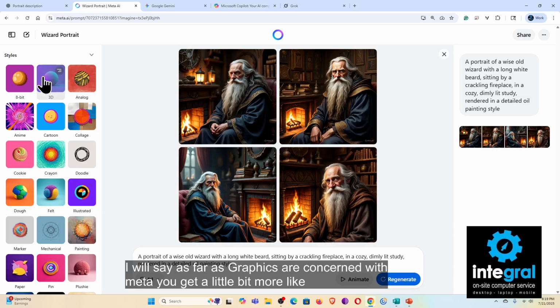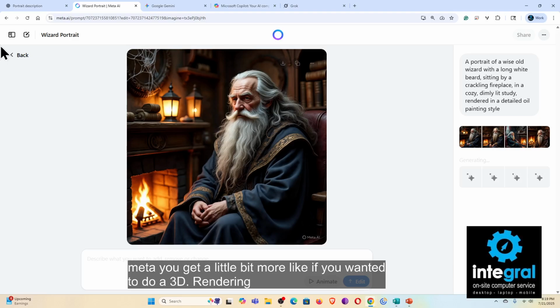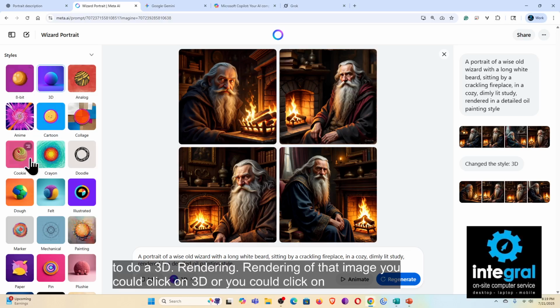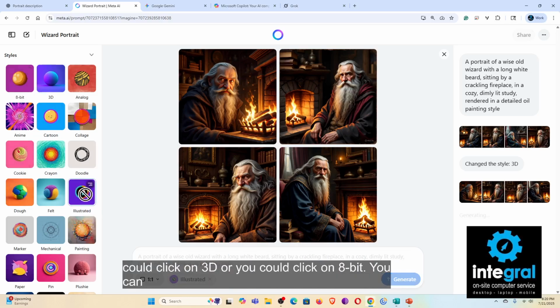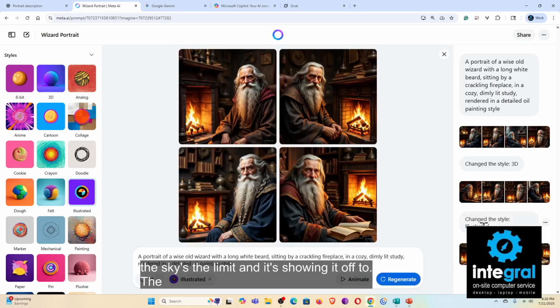Like if you wanted to do a 3D rendering of that image, you could click on 3D, or you could click on 8-bit. You can illustrate it. The sky's the limit, and it's showing it off to the left hand or right hand side.